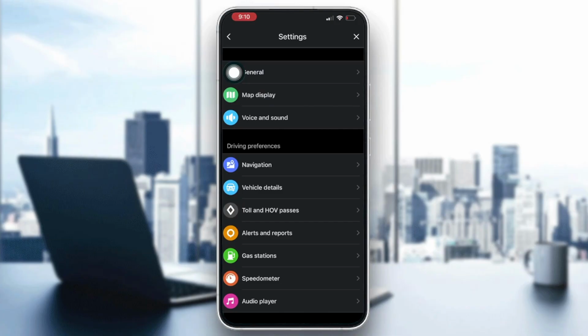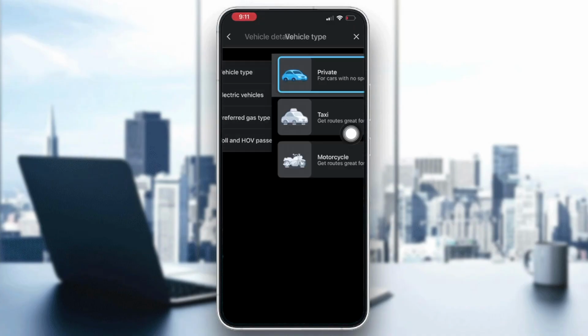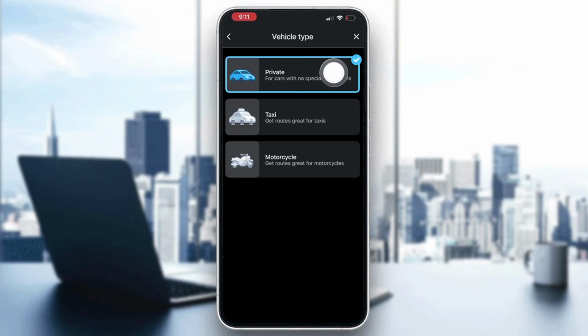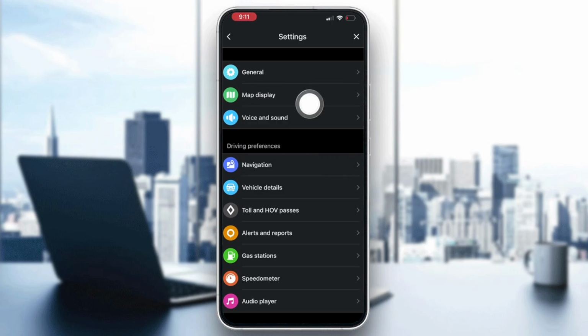So now you will need to look for the section related to display in map or your vehicle settings. Let's talk about the vehicle details at first. You can go with the driving preferences section here at first to the vehicle details, and then go with the vehicle type and here choose whether it's a private car, taxi or motorcycle. You can change from here just by one tap,